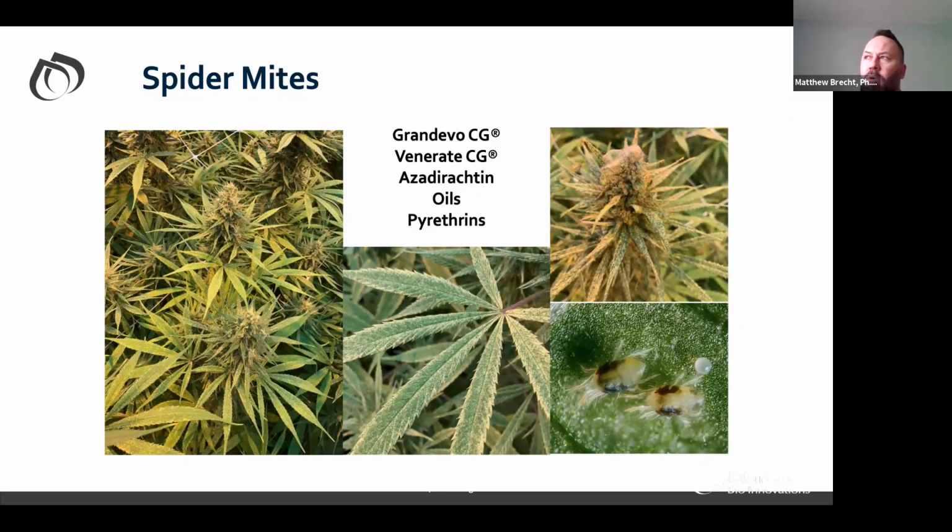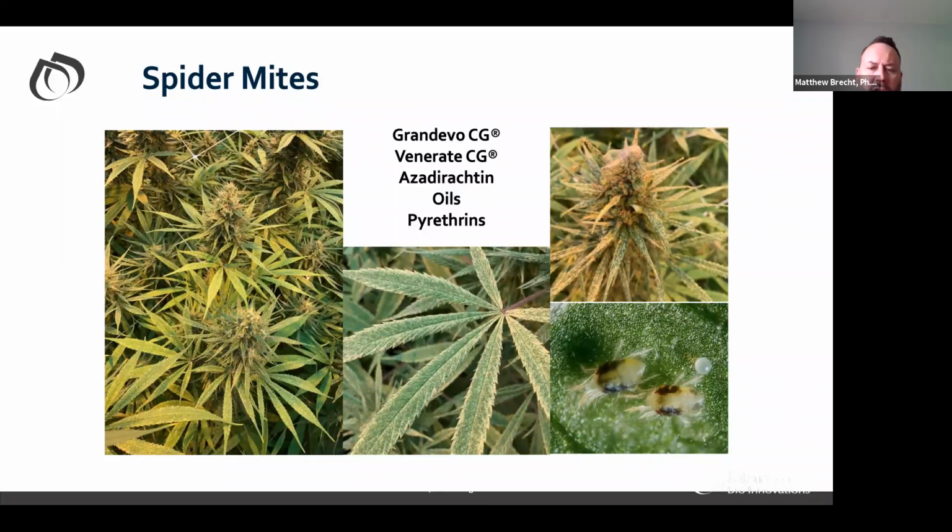Because it's an organic pyrethrin, it does a good job of knocking down insects. However, it's a single site mode of action. And what that means basically is you can get resistance buildup fairly quickly. And pyrethrin's been around for decades, so it's very common to have resistance issues to that chemistry.